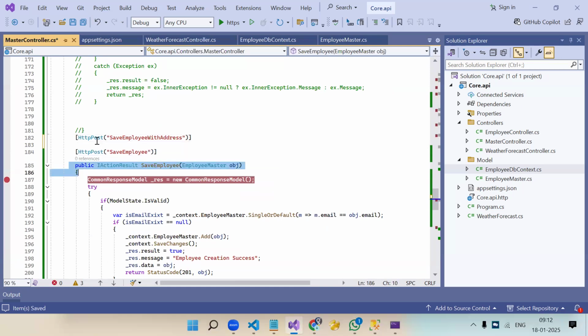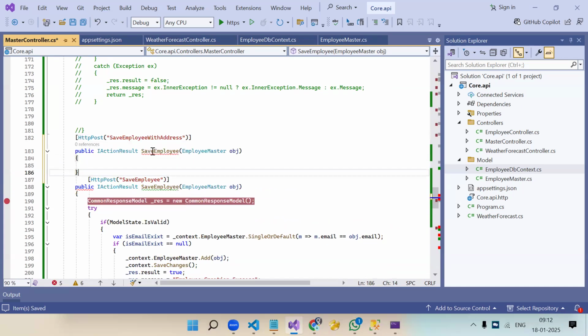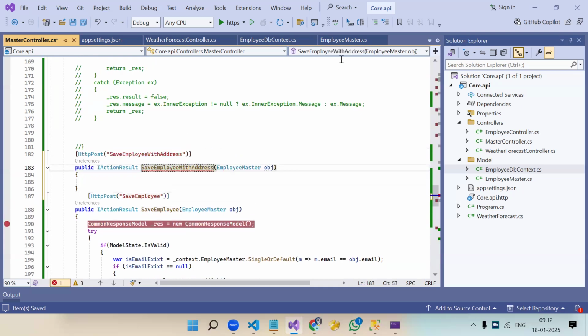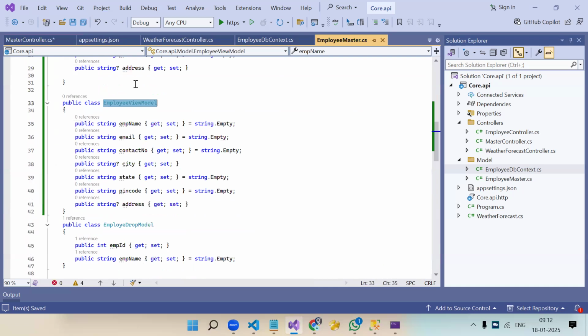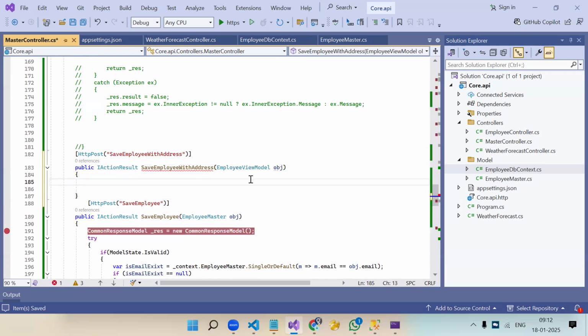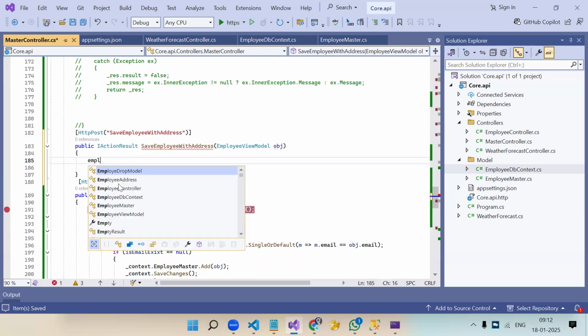I'm just copy pasting the basic thing. Now over here, we are going to get the employee view model, a combination of all the fields from employee and address also. So here we are getting the data from both models. Now over here, we have to create an instance of employee and address that we will save to our database. Okay. So first the employee model,